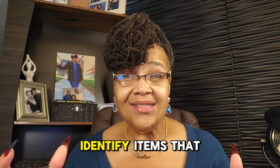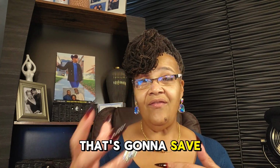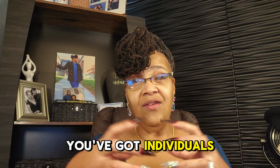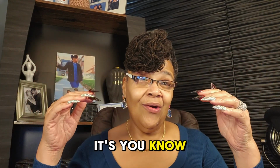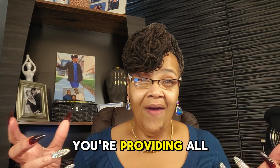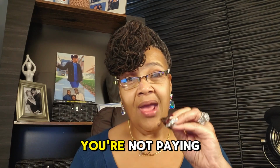And then if you can identify items that are energy efficient, like lighting and appliances, that's going to save over periods of time. Because remember, you've got individuals who are here that are using all of your resources, and they're not paying for the electricity or all the other things. You're providing all the utilities. So making sure you have things in place that protect that,